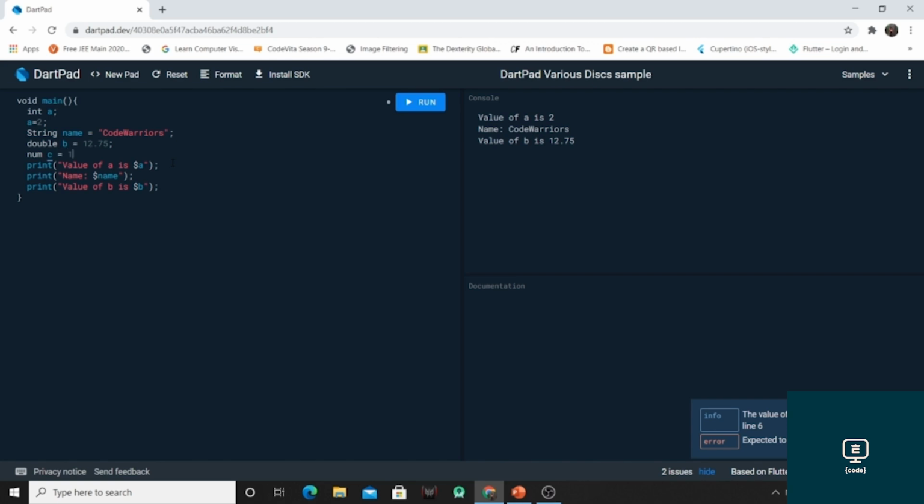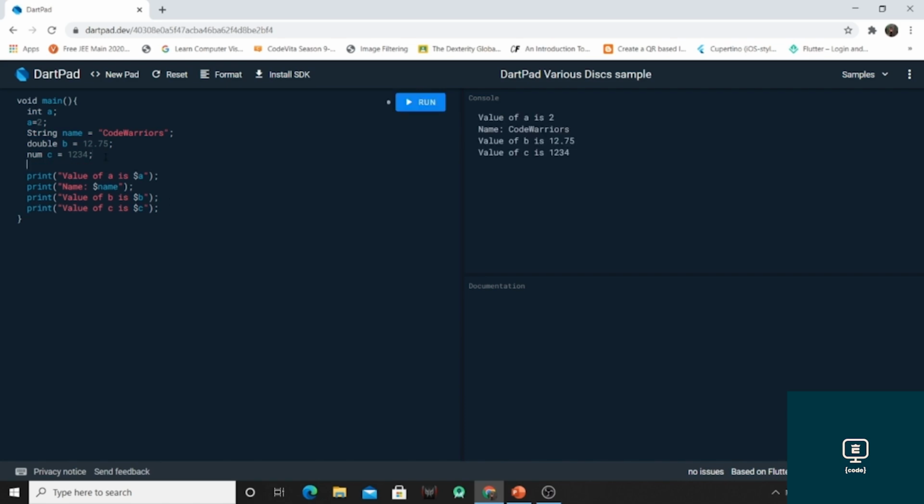So num c is equal to 1234, and we will print the value of c. So on running this, the whole variables' output will be there in the console.